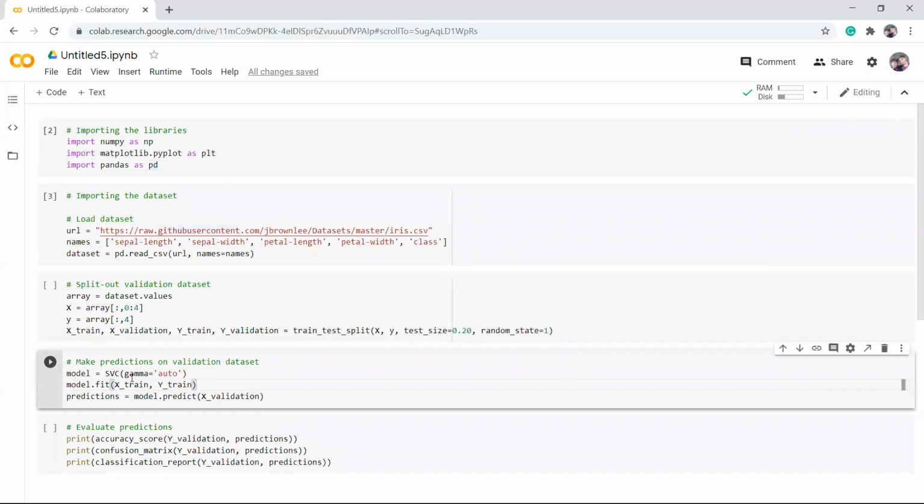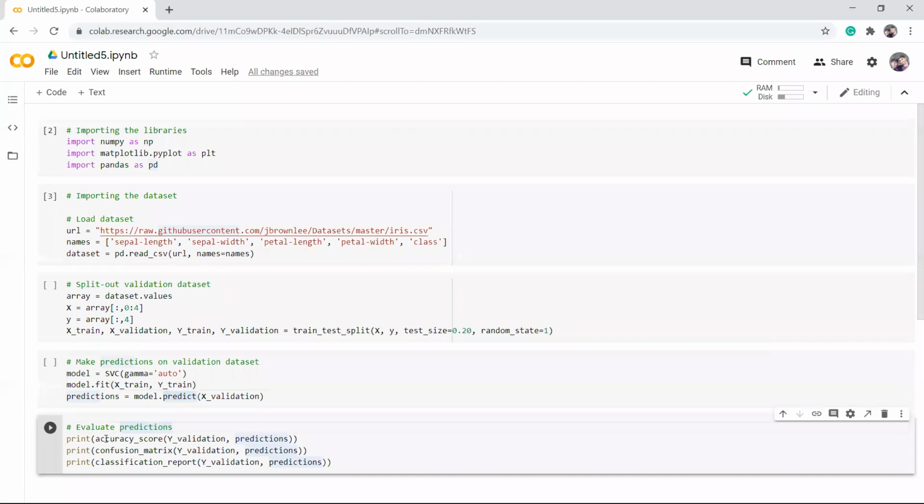we'll fit the model and get the predictions using the model.predict method. And we'll calculate the scores using accuracy score and confusion matrix. We'll evaluate the performance of the model, and the classification report will give the whole report, meaning based on our previous test values and the predicted values, how much the machine learning model has matched the values. So using classification report we can get this report.